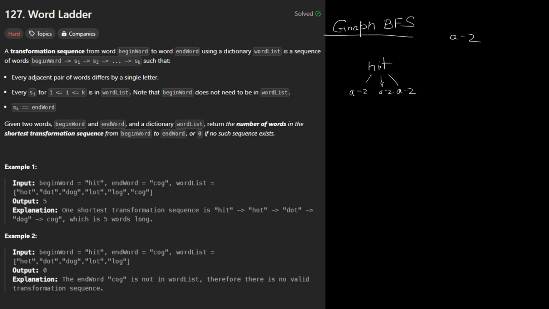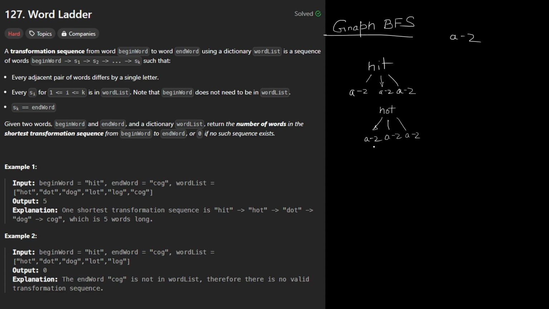In this case, if I look into the sequence, the shortest one is that I gets transformed to O. So it would become HOT. And for all the other transformations, once the transformation is done, we are going to check whether that value is present in the word dictionary. In that case it won't be, so we are not going to consider that. Now from HOT, H can transform to A to Z, O can transform to A to Z,